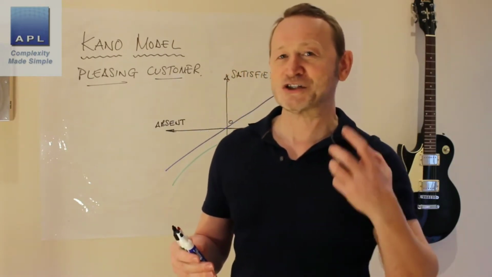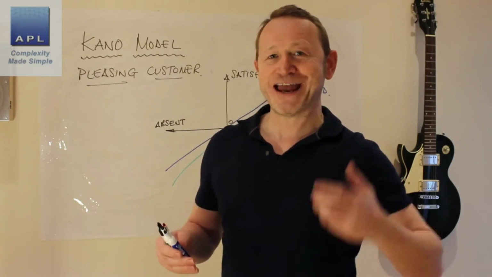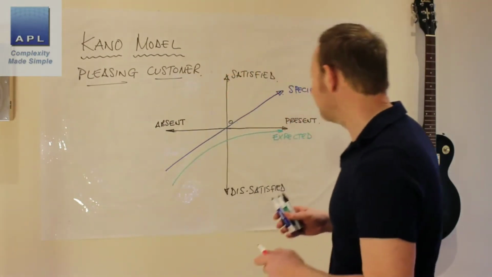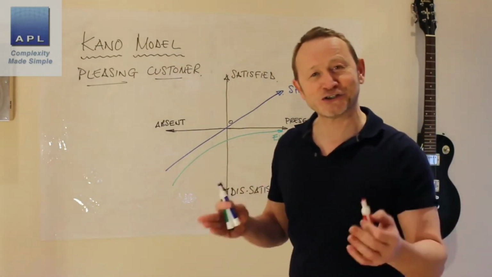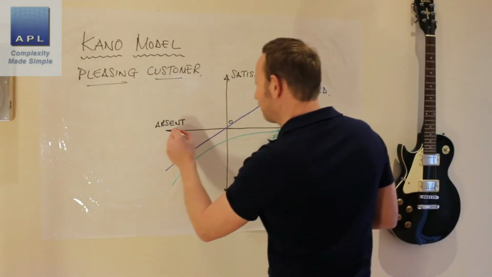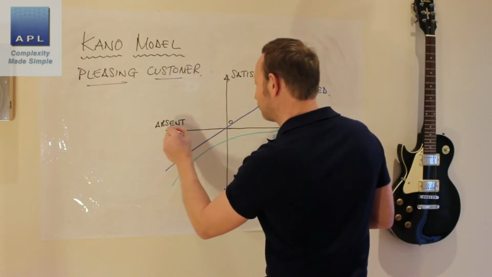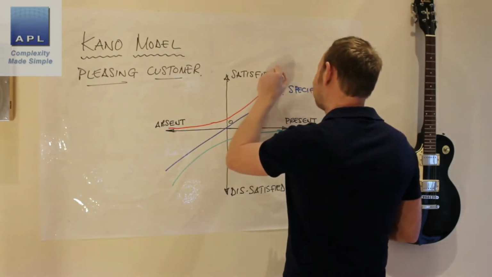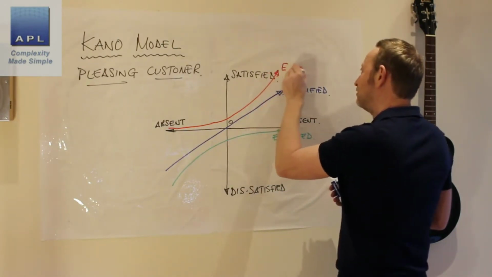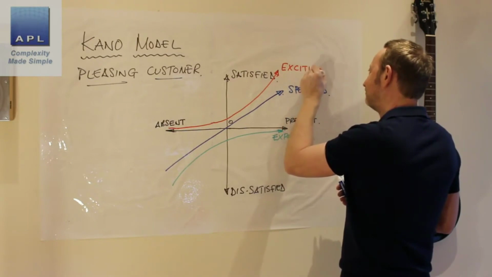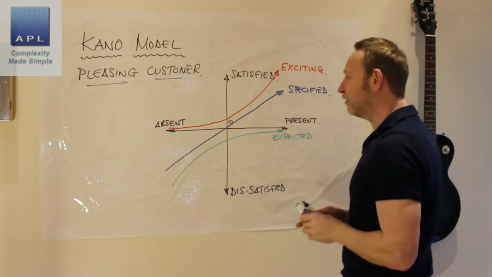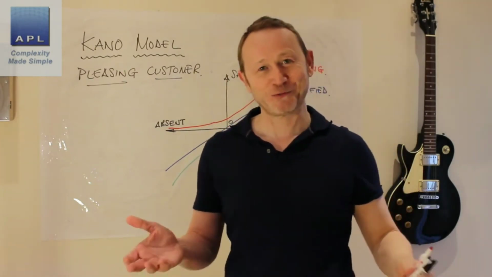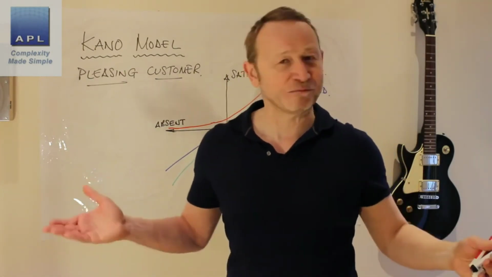These are known as delighters. This is exciting quality, okay? Exciting quality. Now these are the things the customer didn't expect. If they're absent, the customer won't notice because they won't have expected that. But if they're present, this is known as exciting quality. If they're present, you can smash the competition out of the water with this stuff because it simply delights